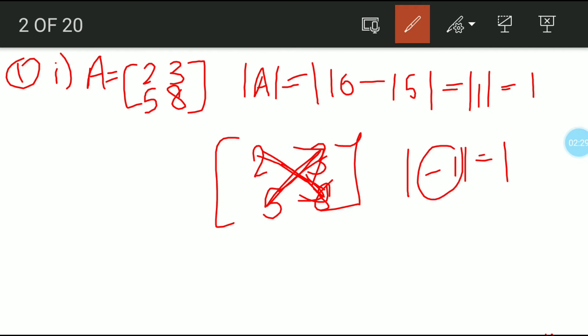Because whatever is inside these two lines, these two are called the modulus. So whatever is there inside that, it's surely going to be positive. Whatever the condition, if it is negative also, it's going to become positive itself. Okay.